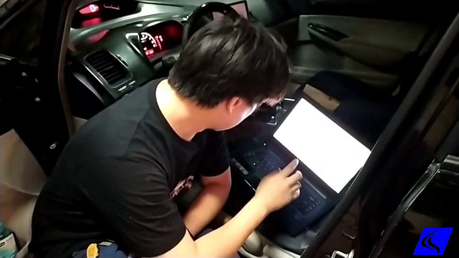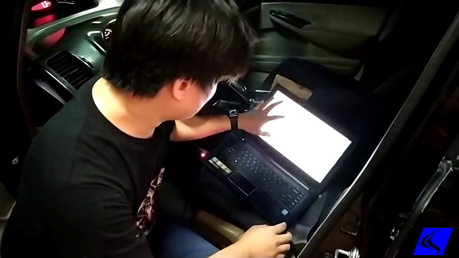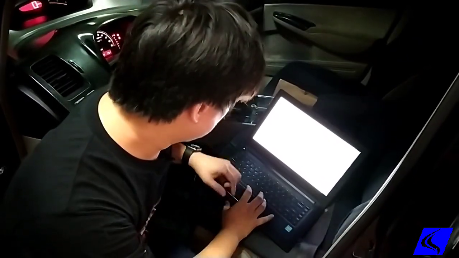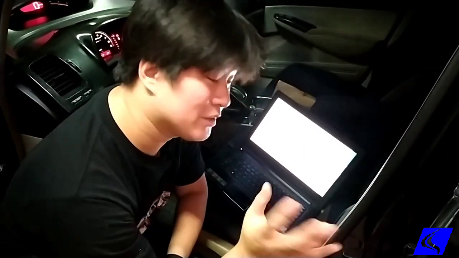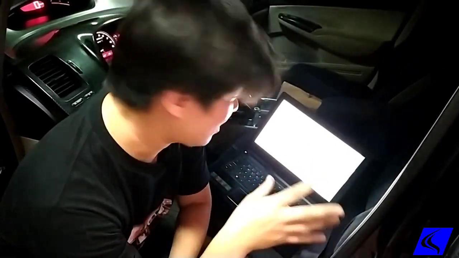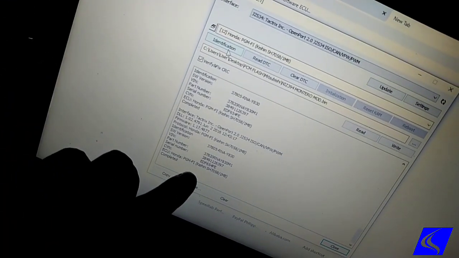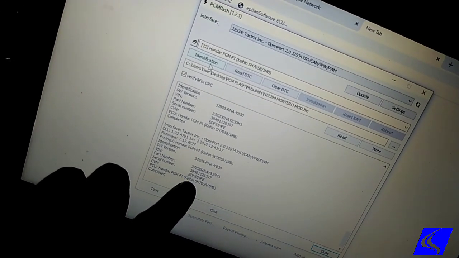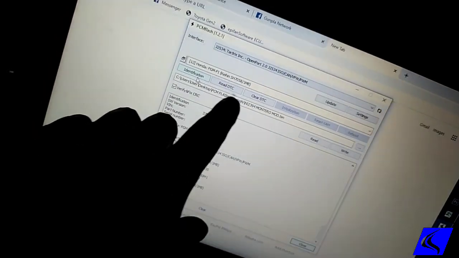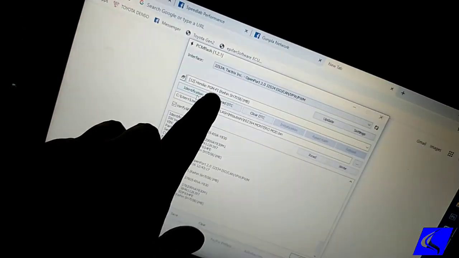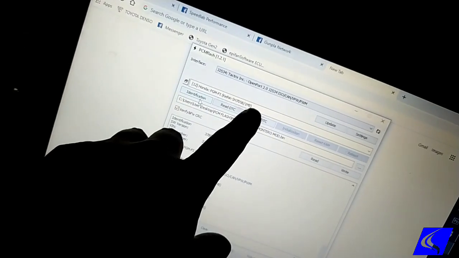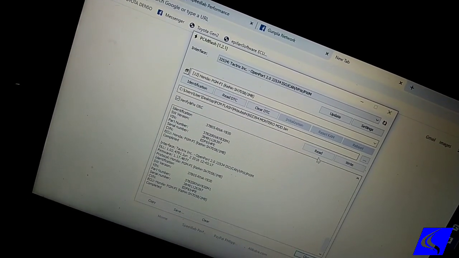So as you can see here, first step is we do ECU identification. This is what tells us what kind of ECU the car has. And for this one, we can see here, it is an ECU made by Keihin, and it's 1 MB in size. So we select the correct protocol, this one, which is the same one, same number and everything. Now we can proceed to